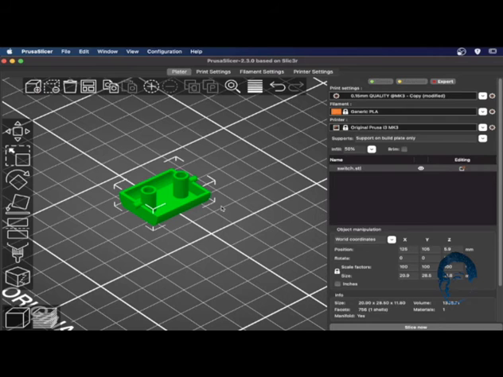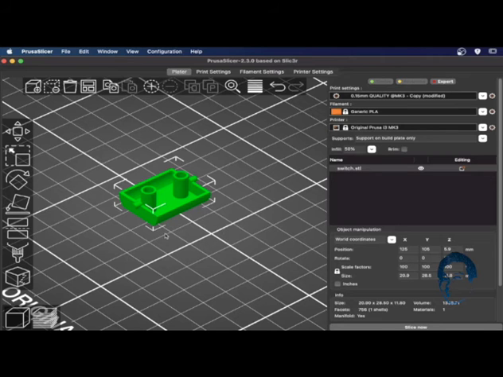This is how it looks like on the slicer. We're going to print the switch with PLA filament. As for the infill, we will keep it as what I have it here, 50%. In fact, it does not really matter whether it is 100%, 30% or 50%, because the switch thickness itself is very thin. So even when you print with 50% or 30%, you will still print it in 100%.